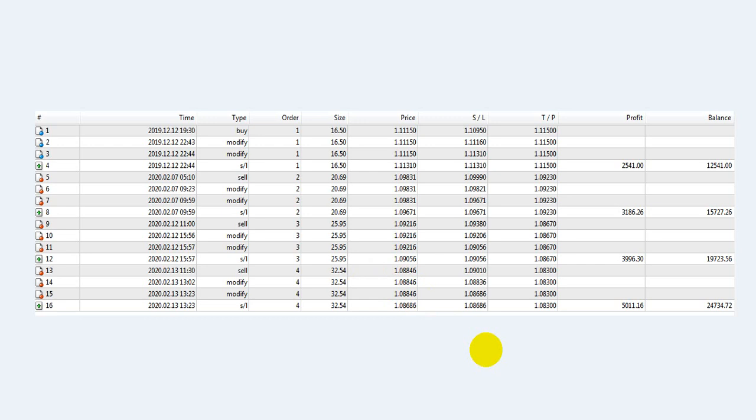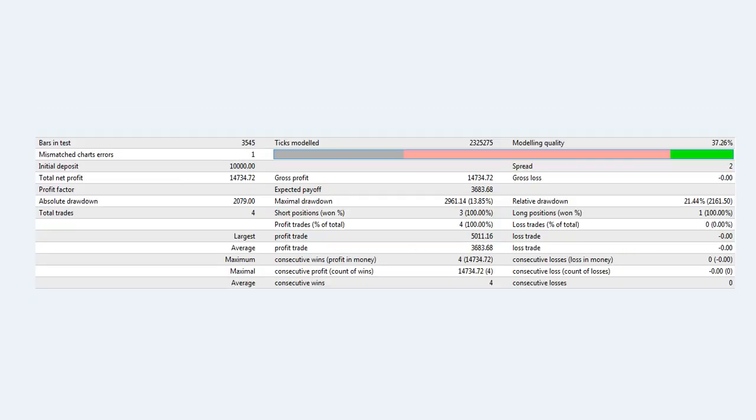Now this is the snapshot of the current version, where it only picks up, based on history, 4 trades in several months, really, and they all make profits. Here you can see that the relative drawdown did not exceed 22%, and gains seem modest, but you need to keep in mind that